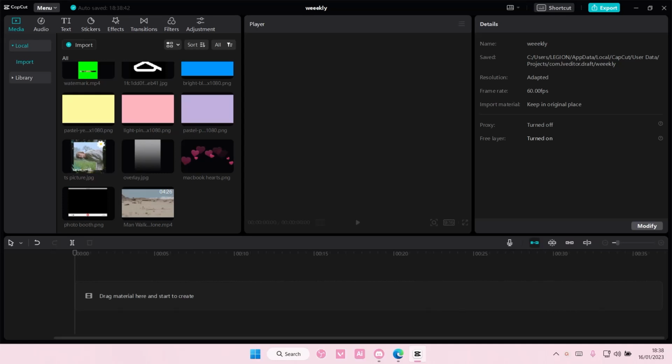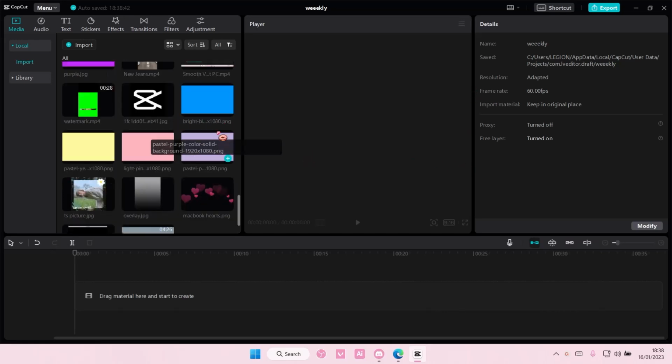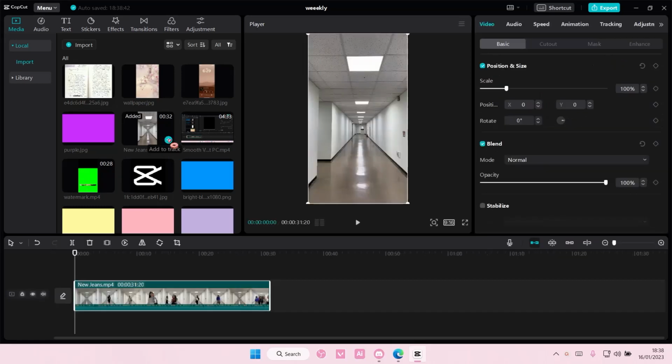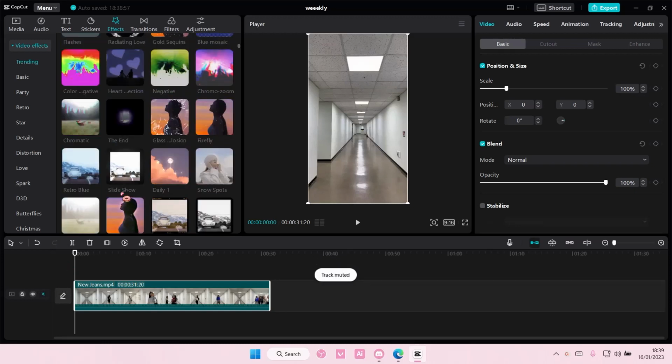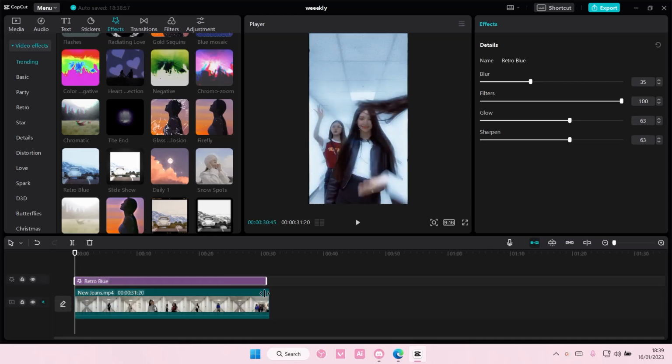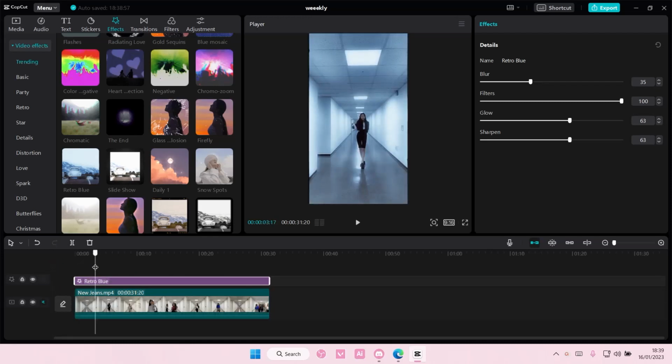In this video I'll be showing you guys how you can add video effects to your favorites on CapCut PC. So for instance, I'm just going to add in a video first, then I'm going to select effects and find a video effect. For instance, this one I'm going to add it. And for example, I really like this video effect and I want to save it